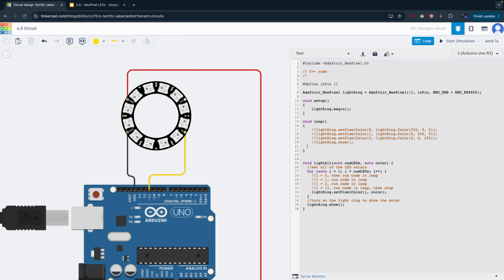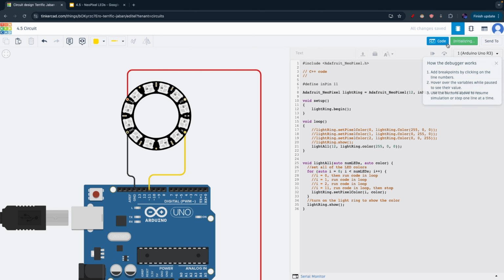Okay, so now if I wanted to use this, all I need to do is type in lightAll, and then there's 12 LEDs, and let's say I wanted to light them all red. So it's going to be lightRing.color 255, 0, 0. And this is going to do all of this. So instead of copying all of this code and putting it in loop, I can just make this function that'll do it for me. Instead of all this complicated code, I have this easy to read code called lightAll that I just use here. And I understand what it's doing because the function name is clear: light all of the pixels on the NeoPixel. So that's the idea. So if I hit start,